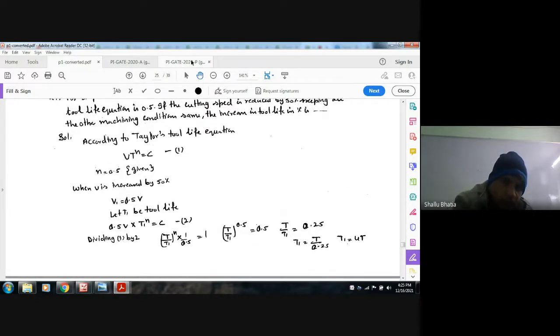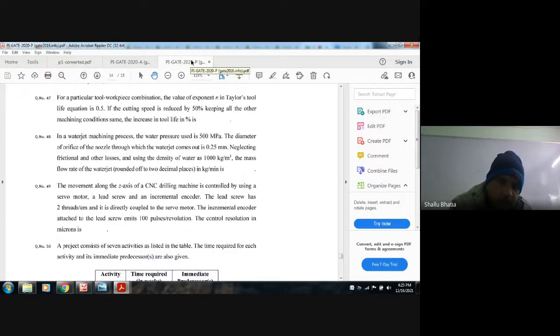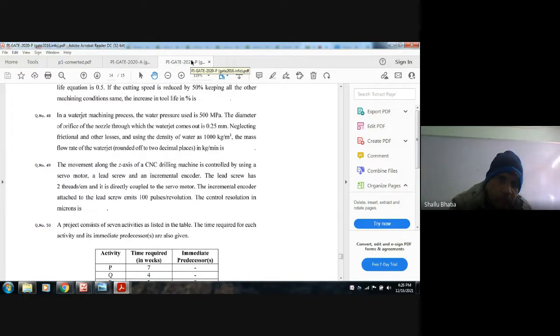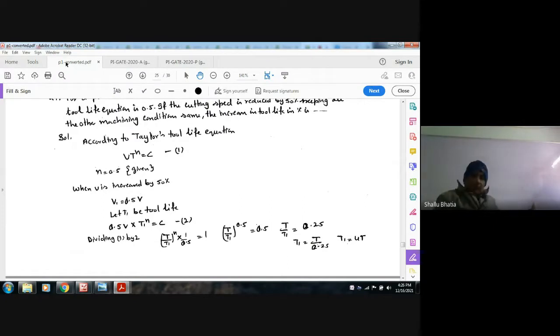So the next question is, in a water jet machining process, the water pressure is 500 MPa. The diameter of the orifice of the nozzle through which the water jet comes out is 0.25 mm. Neglecting frictional and other losses and using density of water as 1000 kilograms per meter cube, the mass flow rate of water jet in kilograms per minute is